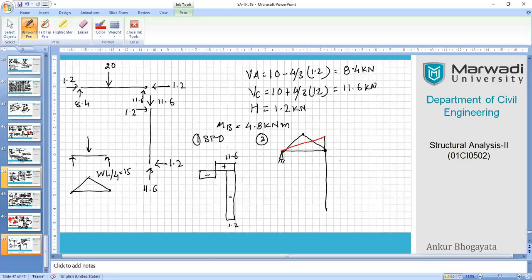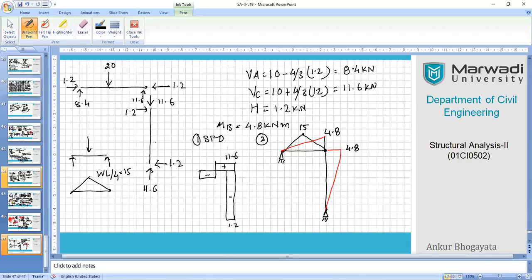This is the sequence. Similarly, on the same side, we can see that here also we have a hinge support. So that is how we can see that it is a hinge support. So like this, we can show that this is the 4.8 value. This is the span moment. This is the 15 kilonewton moment value, and 4.8.